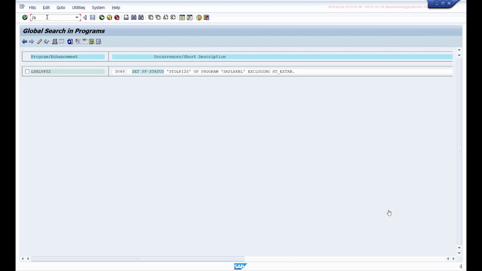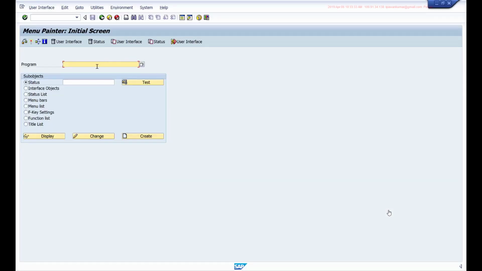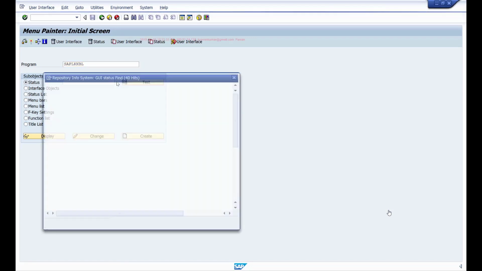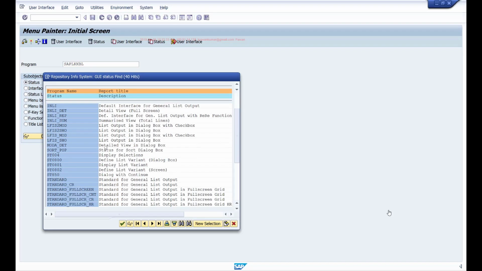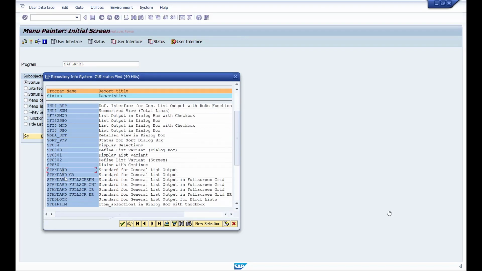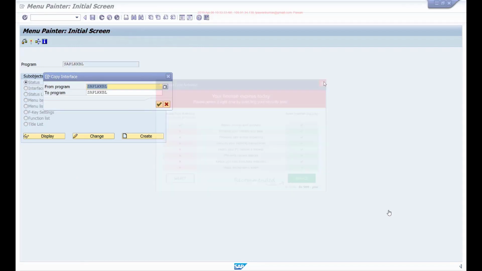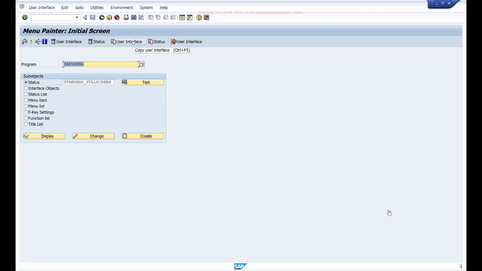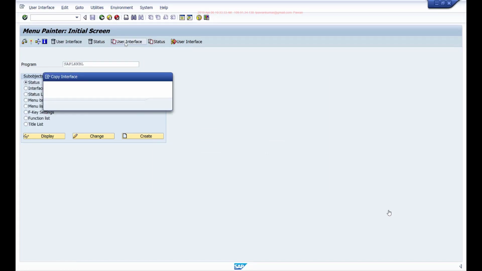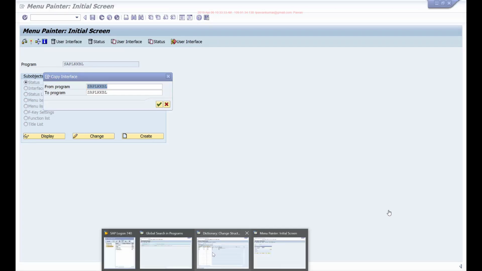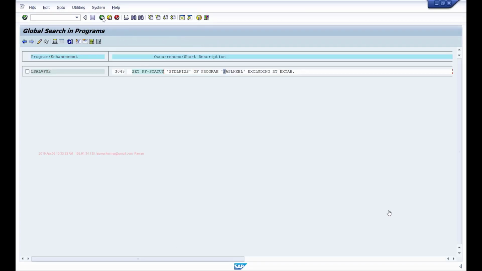So if I go to SE41 menu painter and look at the function codes available for this particular function program, there are multiple available, and one of them is standard full screen. So I'll copy the standard full screen. I'll say copy user interface, to which I'll give my program name.